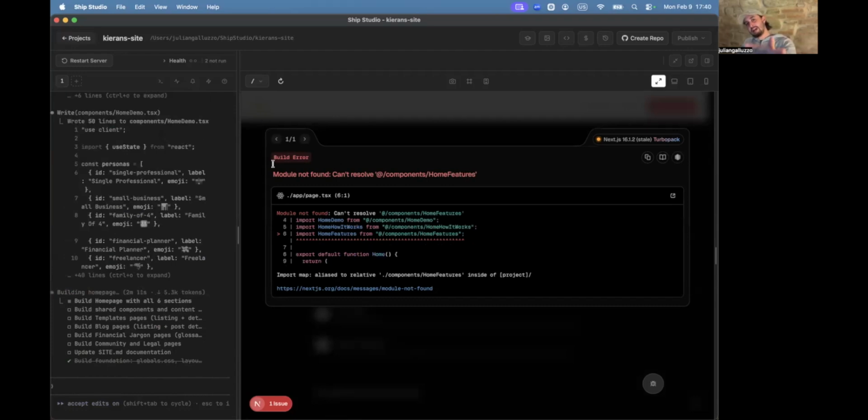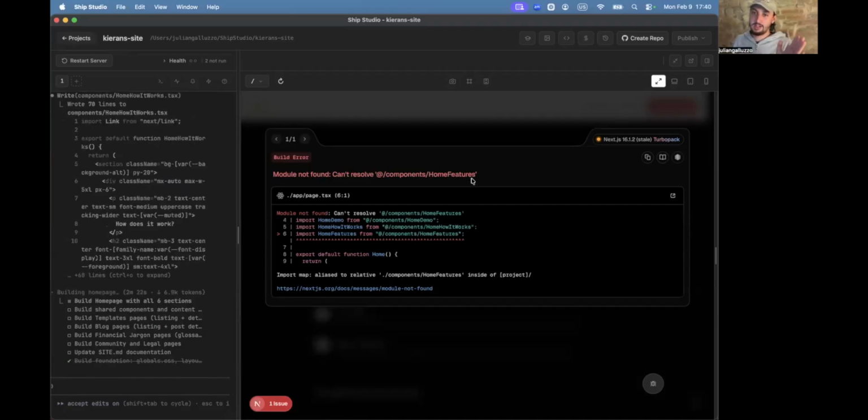So you see this error here. And again, I think this is something that a lot of people get scared by when they see it. They're like, module not found, can't resolve, whatever that means. Don't worry. Here's the thing. It's still working, so I'm not gonna do anything here, but I can click this copy and then just paste it into Claude Code. And Claude Code will understand that this is a bug. It needs to fix the bug, and then it needs to move on. You don't need to know what's going on over there.